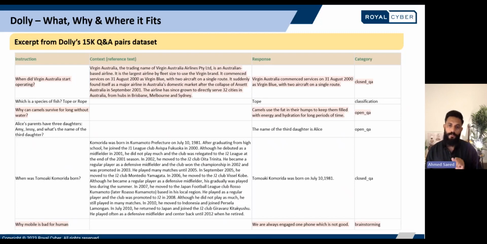So in the instruction, the optional context, which is where they were allowed to use Wikipedia to basically get some context or reference, and that's the only place where they were allowed to use Wikipedia or any external referencing, I should say. Then the response, so the response to the instruction, and what category did it fall in? Again, so out of those 7 plus 1 categories, since 8 categories in total. And so this data set is available if anyone is interested in having a look.